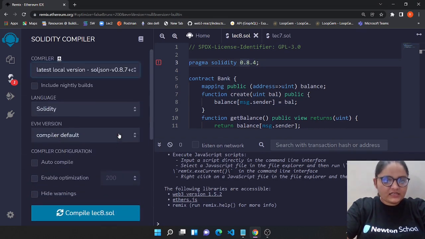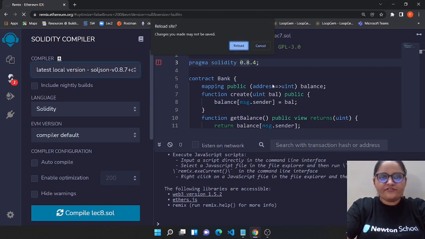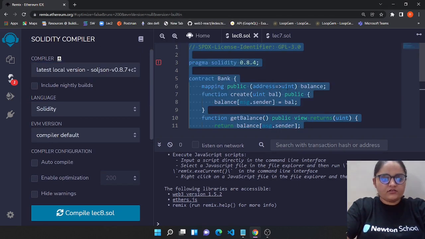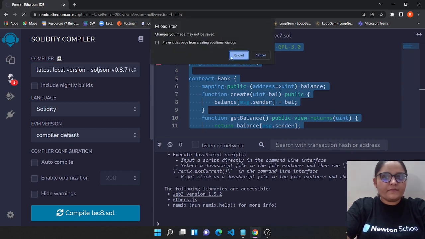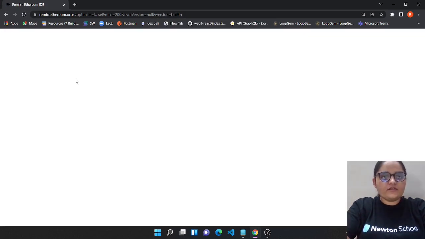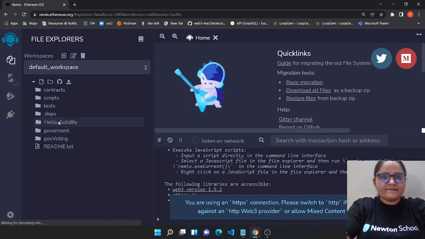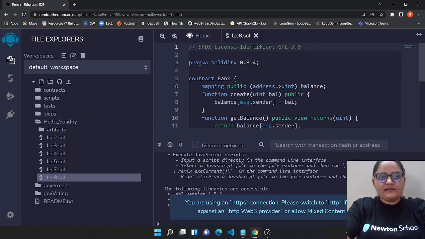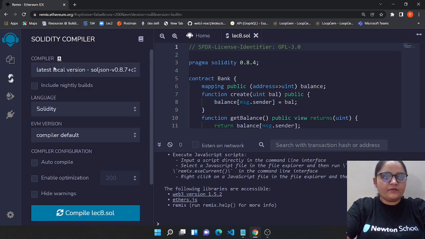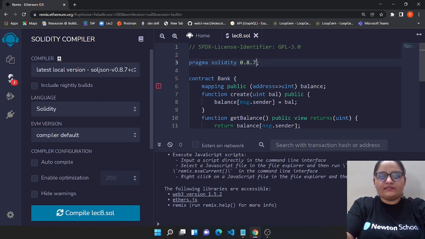Let's refresh it, copy this out, and reload the page. Solidity lecture 8, let's see the issue with the compilation. Let's say we want the compiler version 0.8.7.